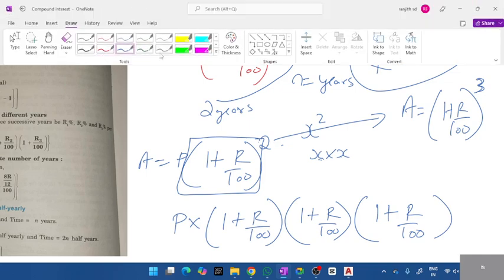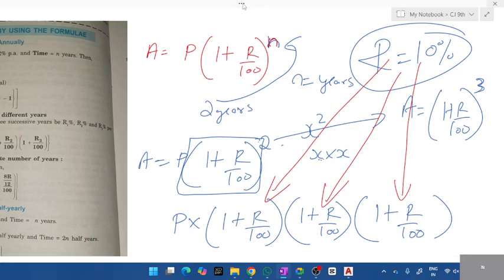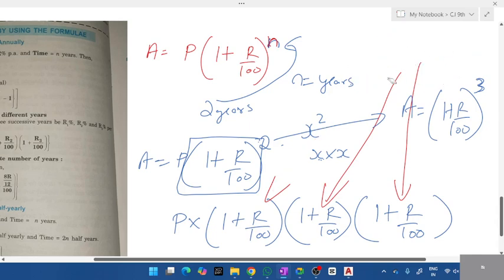if only one rate is mentioned, you have to use that rate for all three. 10%, 10 and 10. Is it clear? Understood how to use the formula? Fine. If the same question, if three different rates are given,